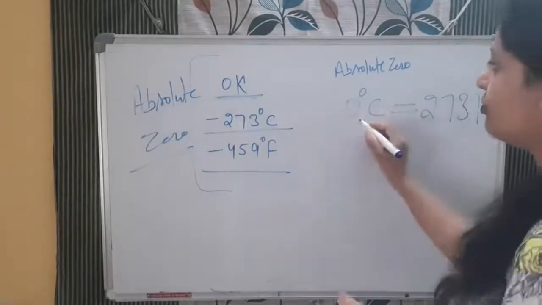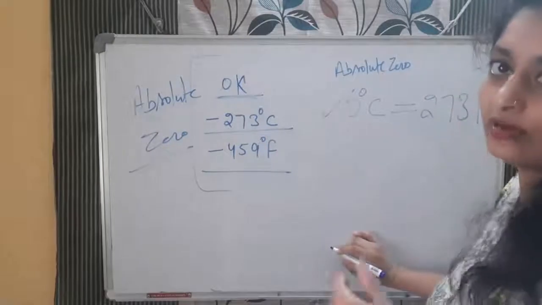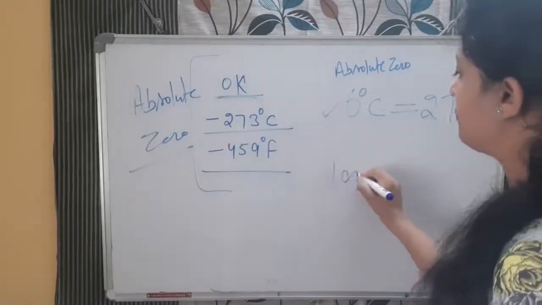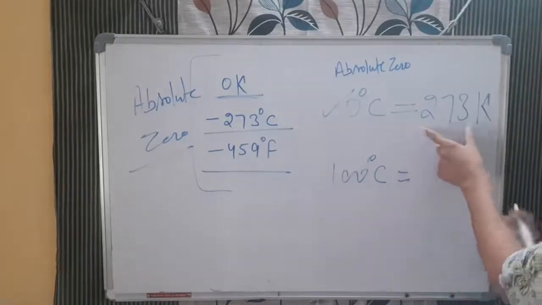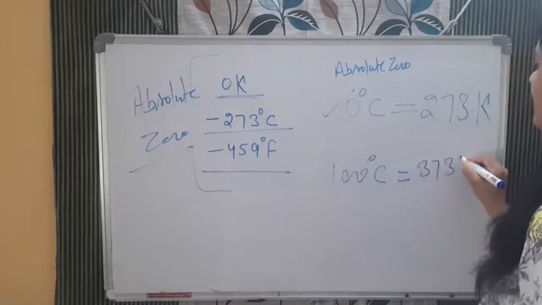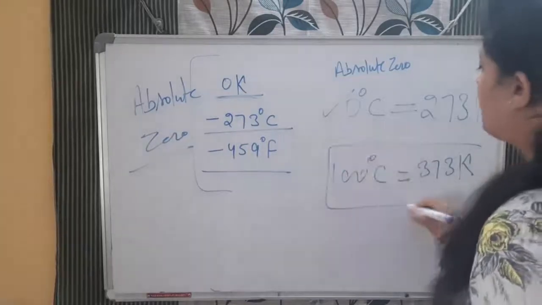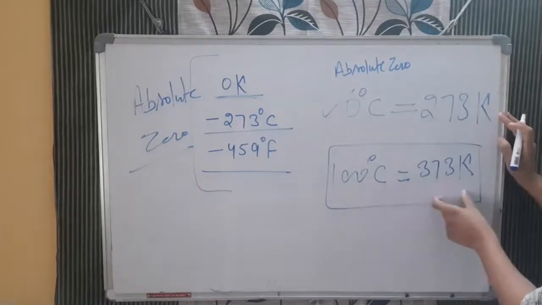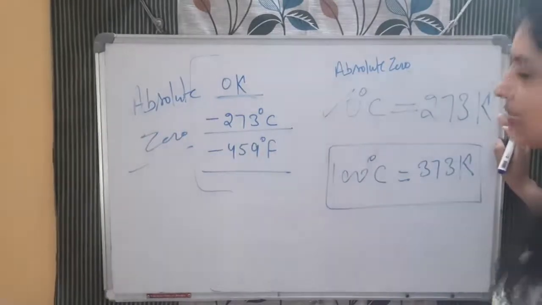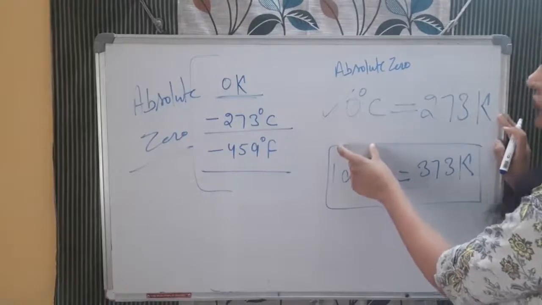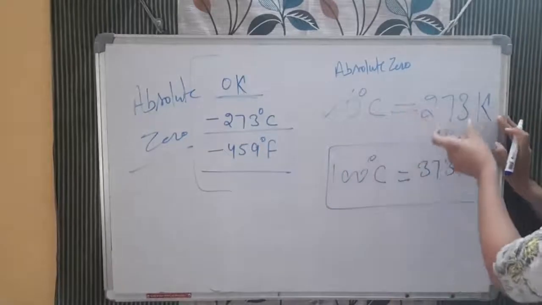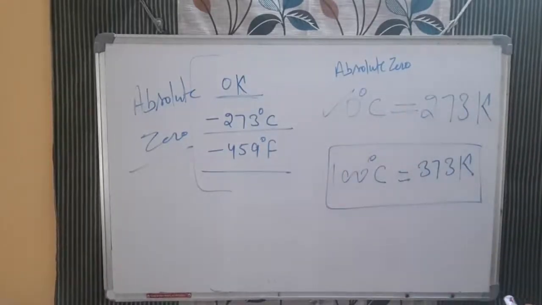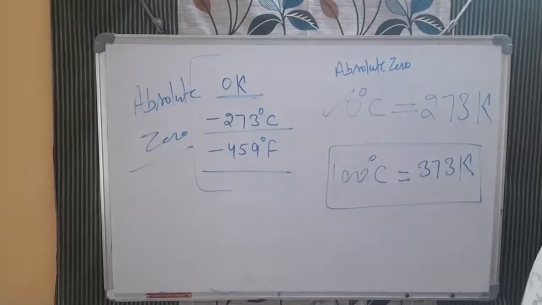Whatever the value, 0 degrees Celsius is the freezing point of water. Now if I say the boiling point of water, 100 degrees Celsius, calculate. What will you do? You can simply add 100 here. So it will be 373 Kelvin, the boiling point of water. If you want to convert degree Celsius into Kelvin, you need to add 273. For example, for 50 degree Celsius, you add 50 to 273. If you want 60 degree, you add 60 to 273. In that way you can convert degree Celsius into Kelvin or Kelvin into degree Celsius.